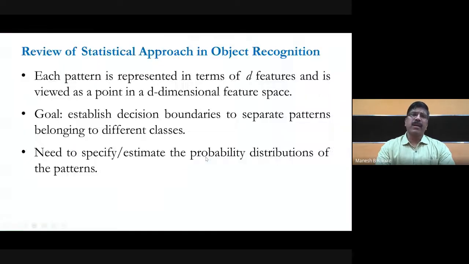You know that each pattern is represented in terms of a D-dimensional feature vector. For example, I gave the example in our machine learning course also.